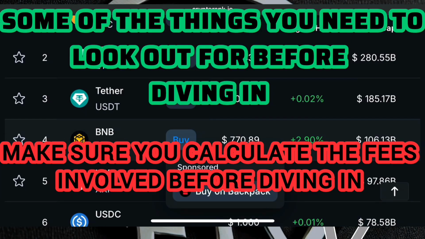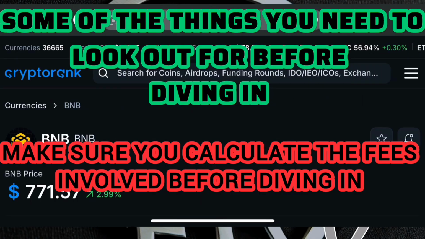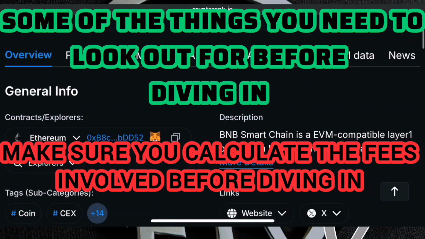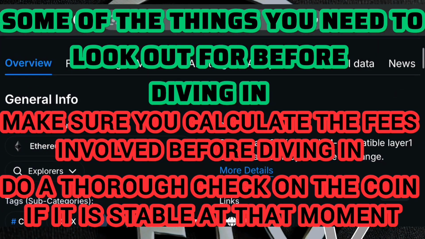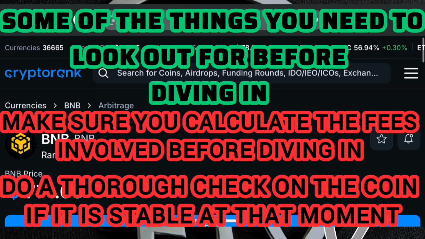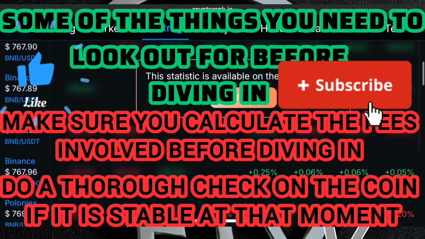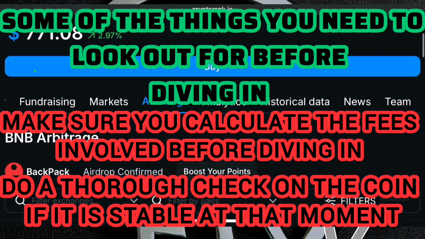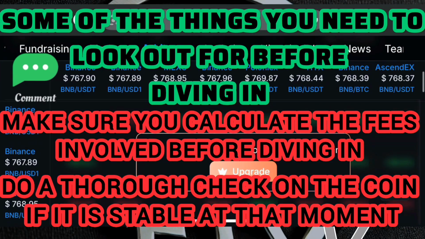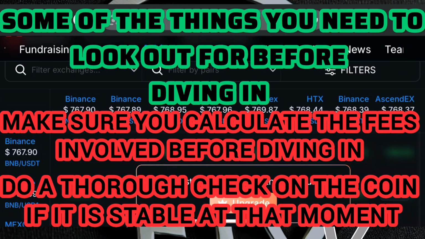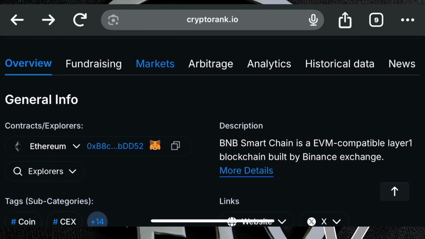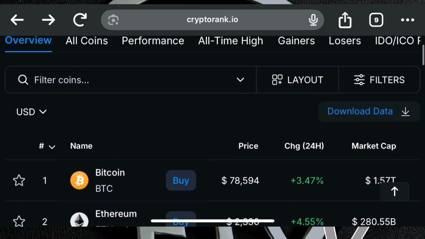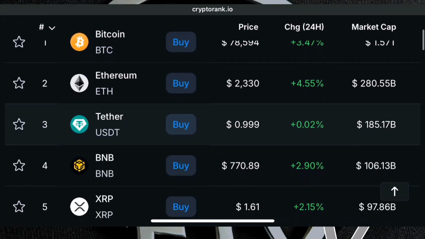So guys, if you've done your research and you find out that the fees involved won't be eating into your capital, and you find out that the process will be profitable for you, you do a thorough check on the coin to see if it is stable, and also that the receiving and sending networks are okay and the fees are not too high. Then you can make your decision whether you want to indulge in a crypto arbitrage process with the Bitcoin at those exchanges or not. So guys, you can still come back here,